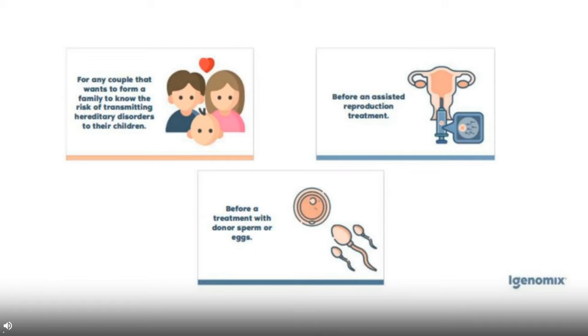So, when we think about expanded carrier screening, the test is recommended in the following case: for a couple that wants to form a family, to know the risk of transmitting hereditary disorders to their child before an assisted reproductive treatment. This is so important. Right now, we can see that in the United States, the majority of persons that are performing an assisted reproductive treatment are thinking about carrier screening because of this importance. And of course,